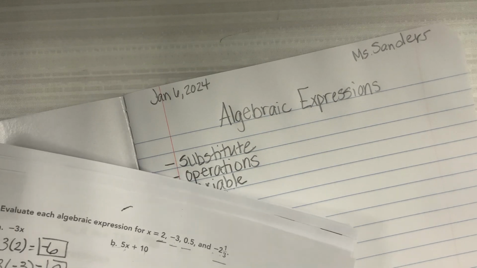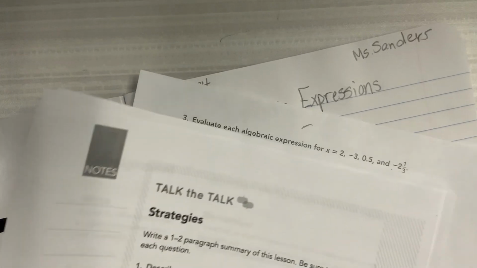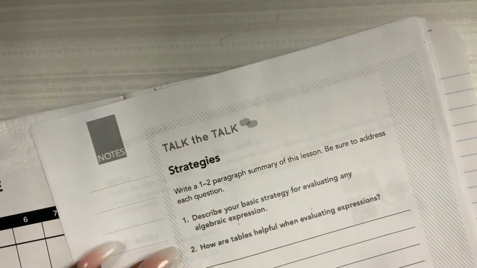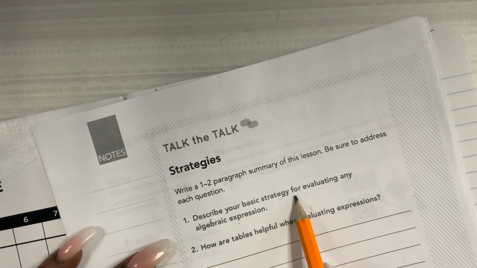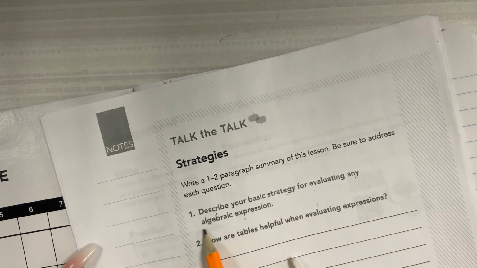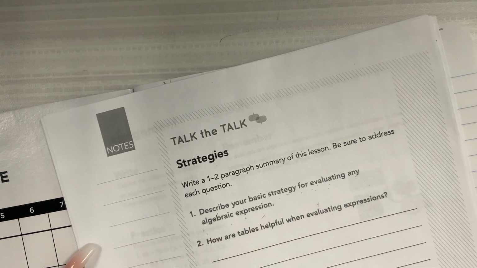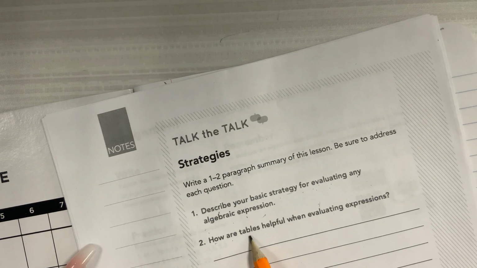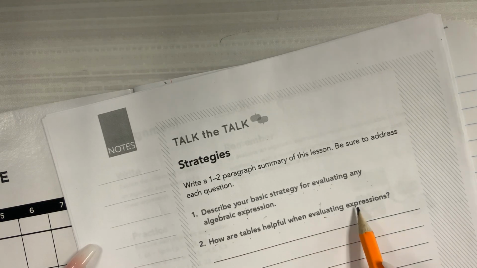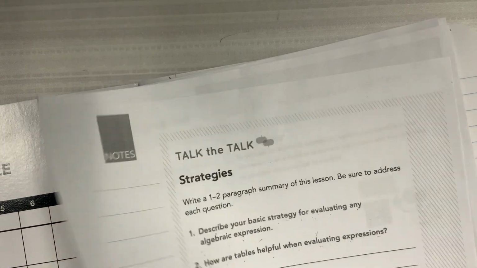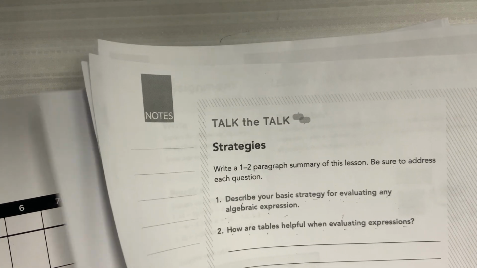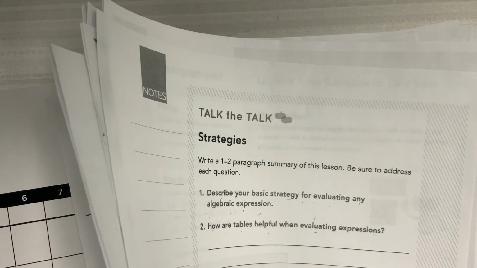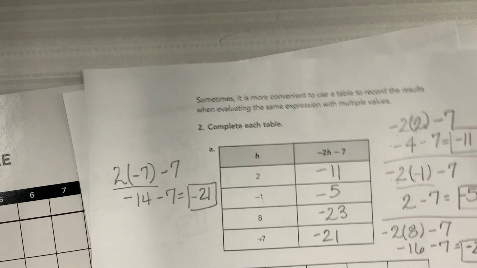Use the directions here, and I'm going to read this to you, what you're writing about. So describe your basic strategy for evaluating any algebraic expression. You just did a whole bunch of them in that activity 1.3. How are tables helpful when evaluating expressions? So remember the table that we did, and maybe it wasn't helpful to you, but hopefully you found some kind of value in the table,